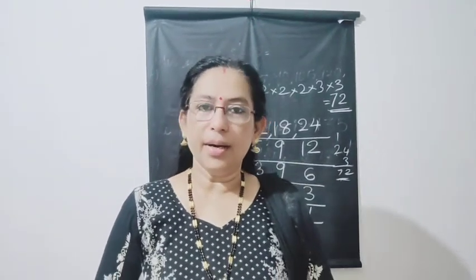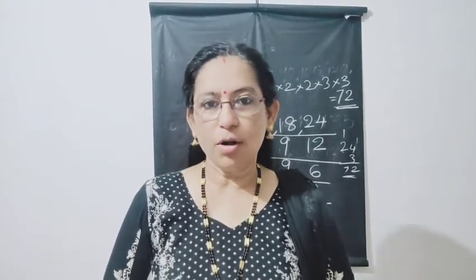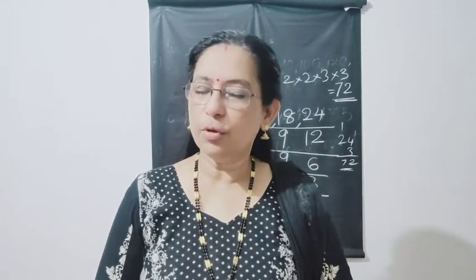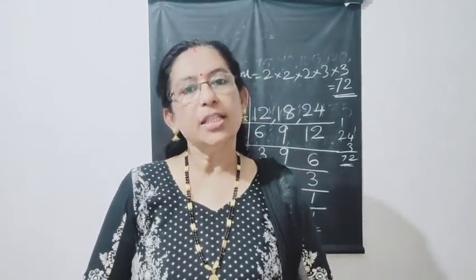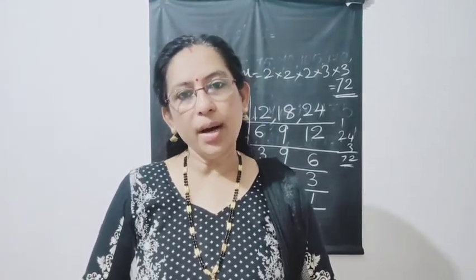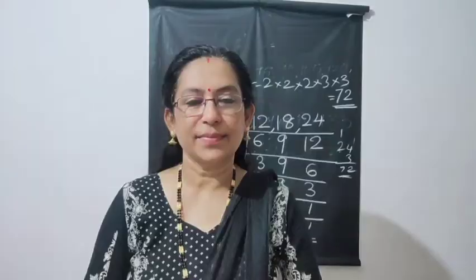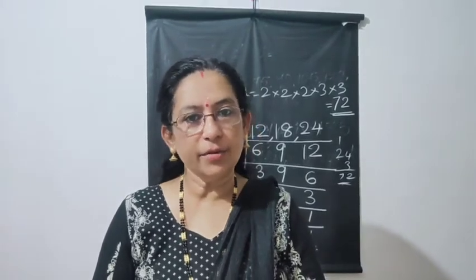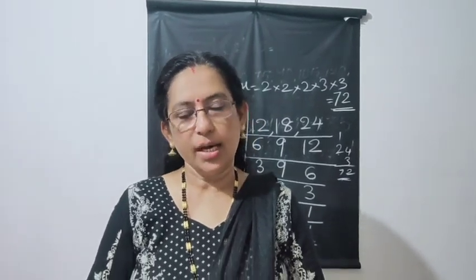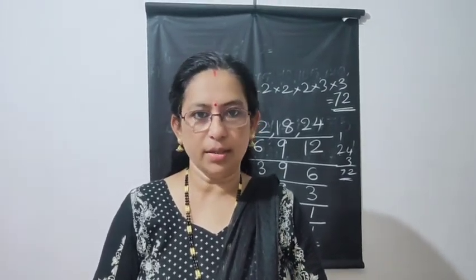When a number is a multiple of two or more numbers, it is called a common multiple of those numbers. The smallest number among the common multiples is called the lowest common multiple. It is also called least common multiple, LCM. We can find LCM by the following three methods. The first one is the common multiple method, the second one is the prime factorization method, and the third one is the repeated division method. Okay?